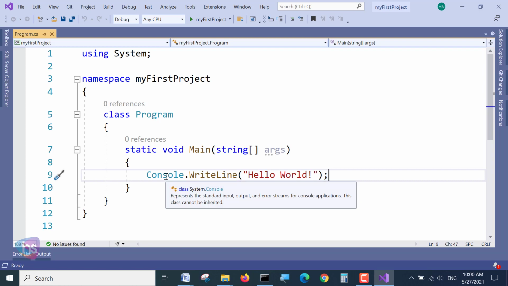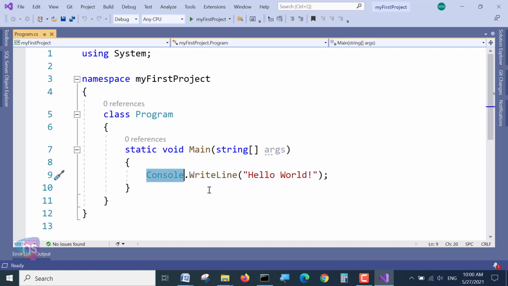How? The console window, by default using Console.WriteLine, means write a line. This information is what I am asking the compiler to compile and execute and show me the output on the console window. That's it.